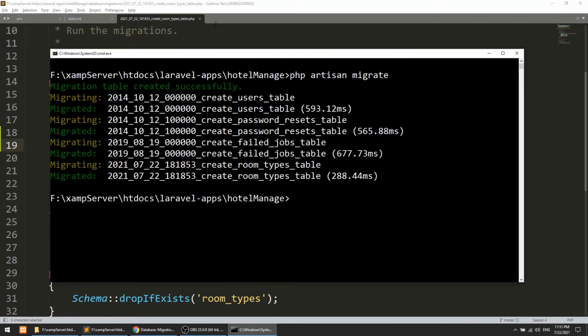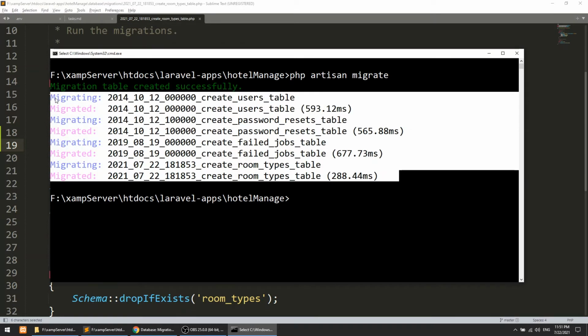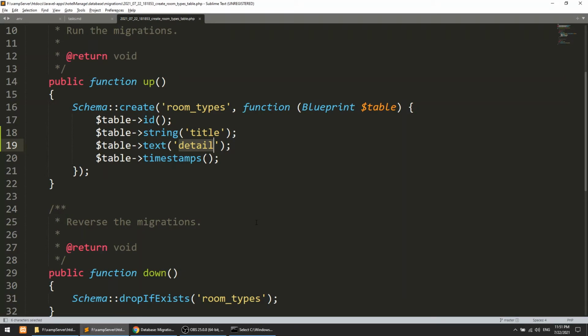I have created only one, but it has migrated multiple tables, because when we install Laravel, it comes with the default users table, password reset table, and some failed jobs table. That is what it is doing in the migrations: it keeps a record of the migrations.